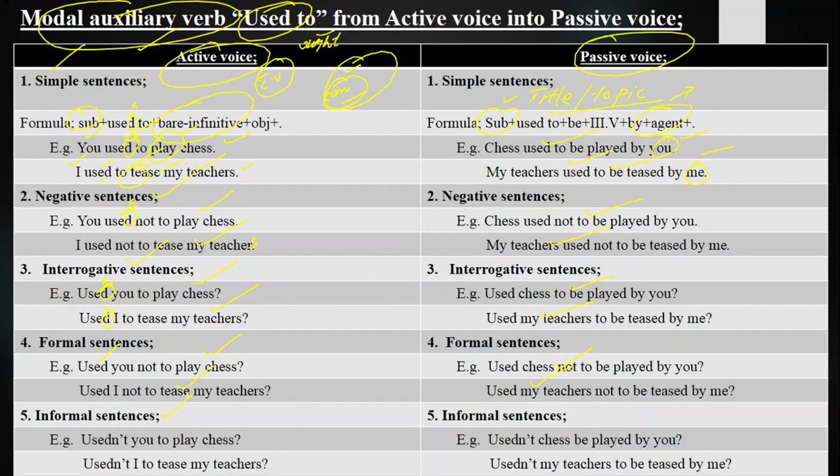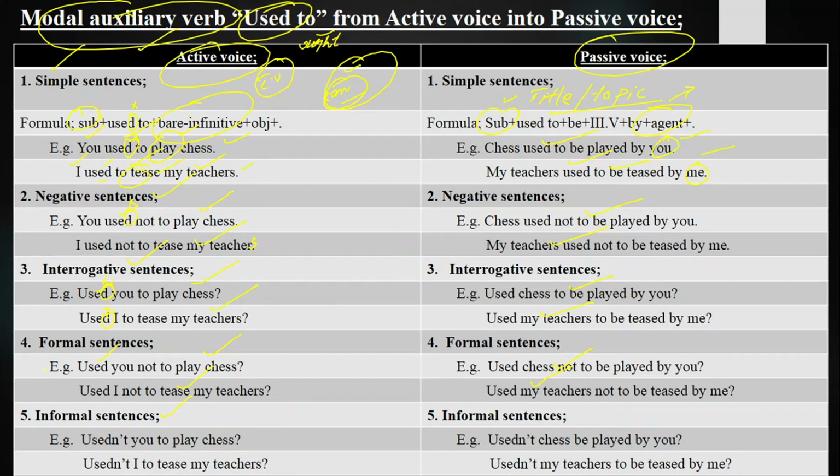Even the grammarian may not agree with me, because I am saying that if it is a modal auxiliary verb, it should be changed in this way. This is my argument. You people like "can" is there, so you are not changing "can" in all sentences; even you take it to "can't." In the same way, must into mustn't, might into mightn't, may into mayn't. So why not change "used to" into "usen't to," like ought to into oughtn't to?